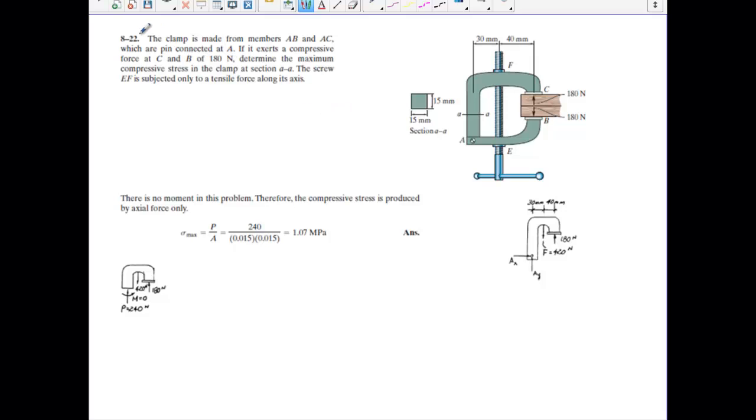This is clarification on 8-22. When you have an object like this, you cannot have a moment. All the moments have to be 0, because think about it. If there was a moment, this object is going to start spinning around. The only reason you can have moments, like in beams and things, let's draw a rough beam, is because